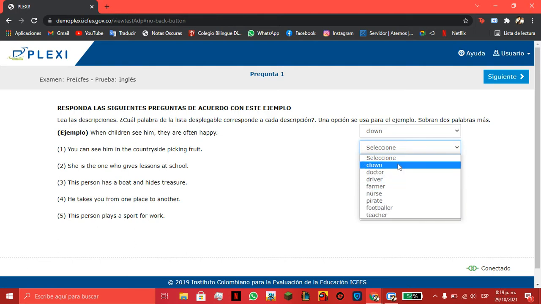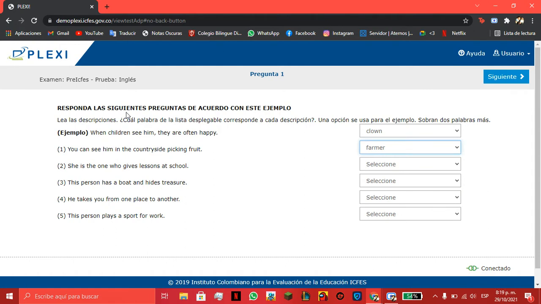Oh well, all of them are people, but it says that you can see him in the countryside picking fruit. So I think the right answer here is farmer, because a farmer is a man that,